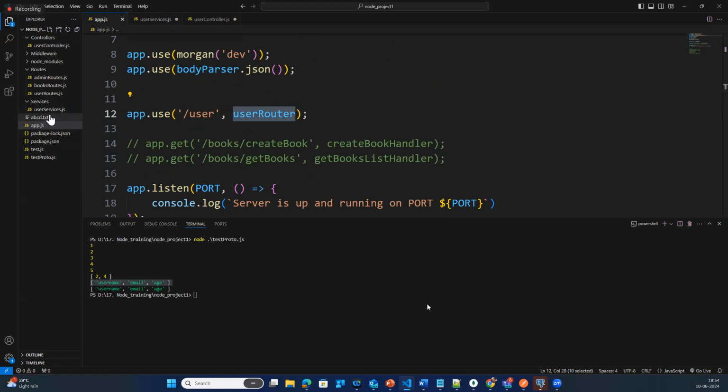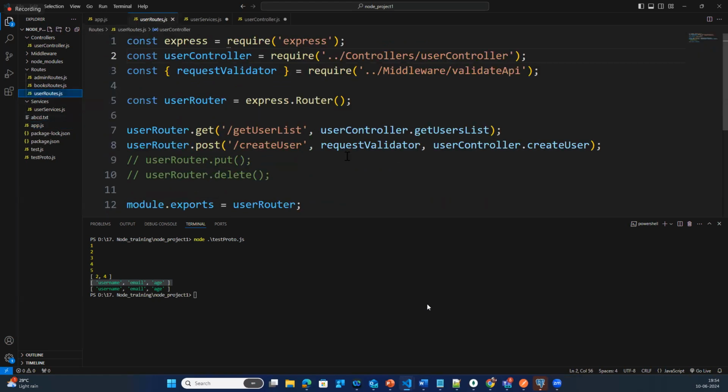If you go for the router file, inside the router file there is something called a user router. Inside the user router you can see the request and response. From here you can see this request and response. So how are we getting that request and response? Because of express.router. Whenever you are using the express.router method, this router method will bring all the request and response